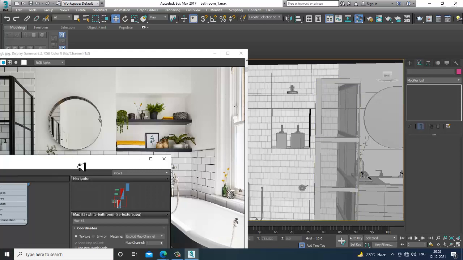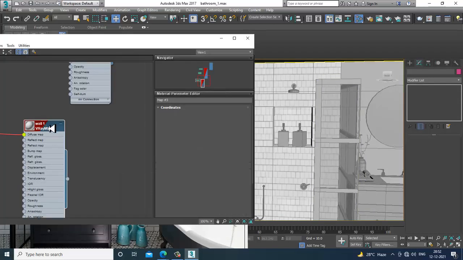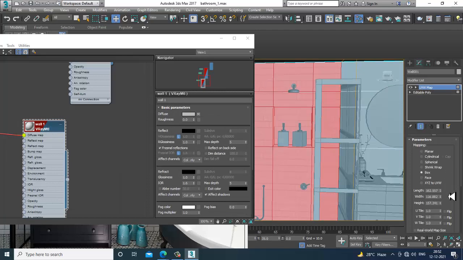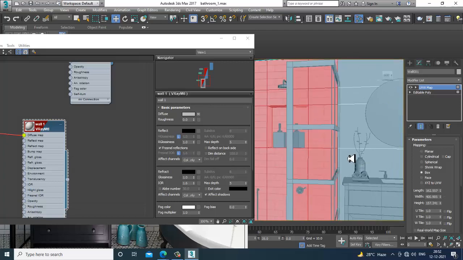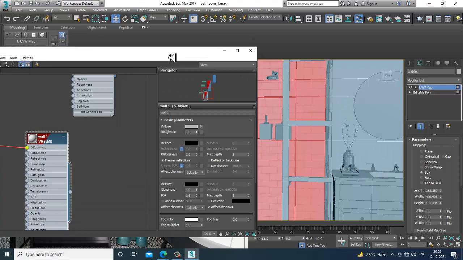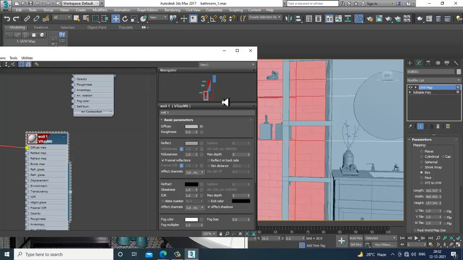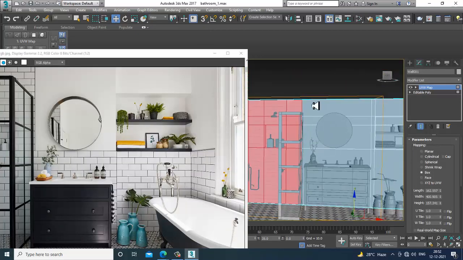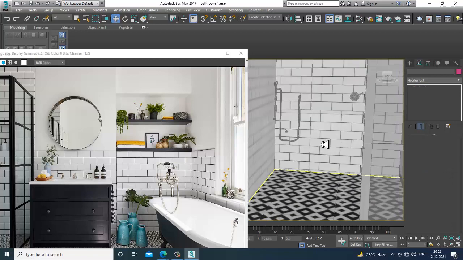If you still think the tiles are looking too big, I can slightly increase this and scale it a bit more as you require, and I'll add a bit of reflection over here. That's it. Alright, now it looks much better.